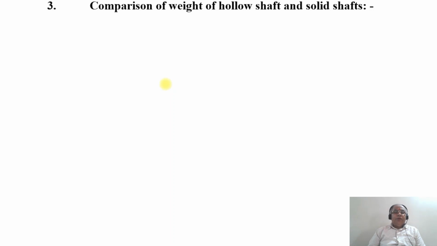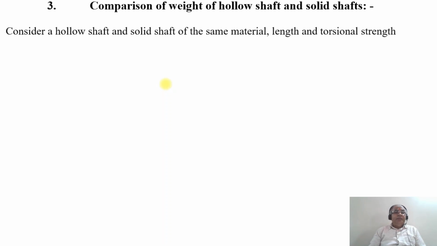Now, in this video, we're going to take up one more case of comparison of weight of hollow shaft and the solid shaft. So first, we're going to consider a hollow shaft and a solid shaft of the same material, length, and the torsional strength. As the torsional strength, we say T by J, T by tau will be equal to J by R, which is equal to Zp. So that means